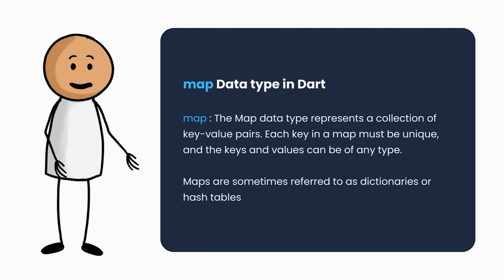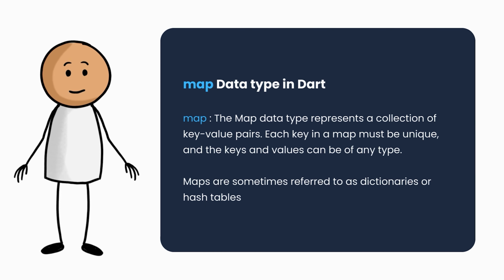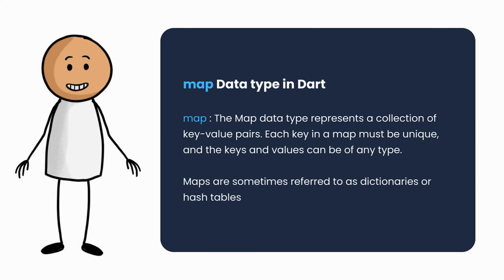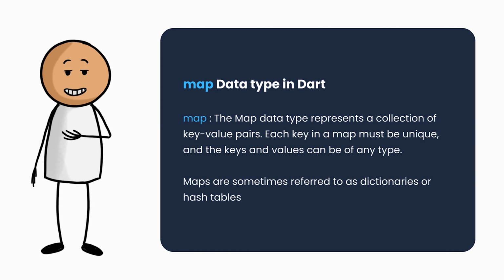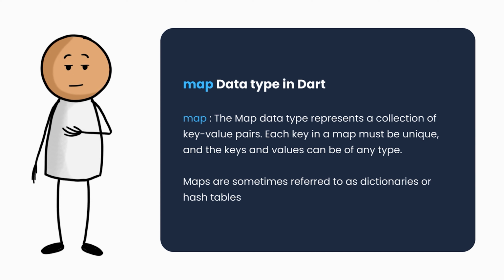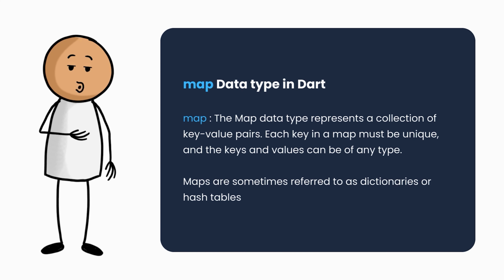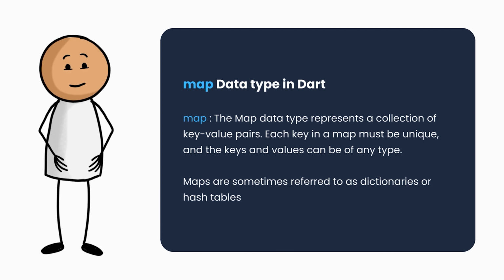Now let's look at map data type in Dart. The map data type represents a collection of key value pairs. Each key in a map must be unique, and the keys and values can be of any type. Maps are sometimes referred to as dictionaries or hash tables. For example,